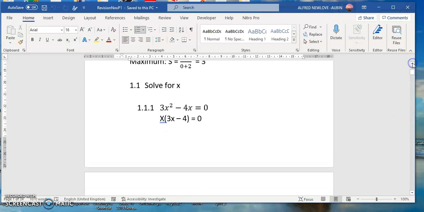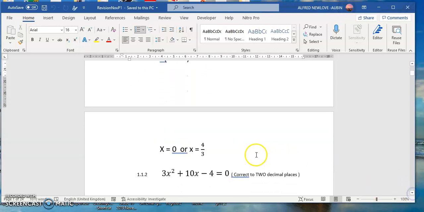It says solve for x. It's easy. How are you going to solve for x? There are two ways of answering this. We can use the quadratic formula. Our a is 3, our b is -4, and our c is 0. Or we can factorize x out. If you factorize x out, we are going to have x times 3x minus 4 is equal to 0. Then it means x is equal to 0,